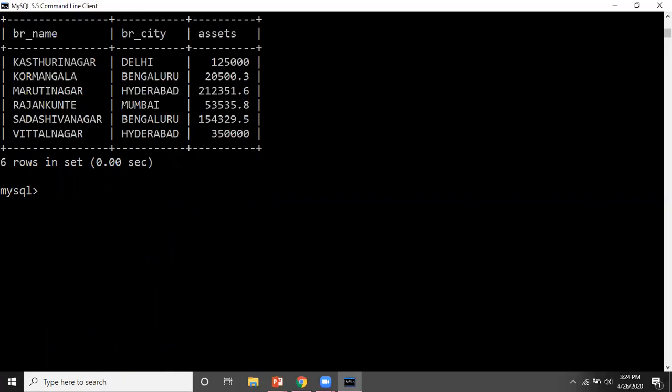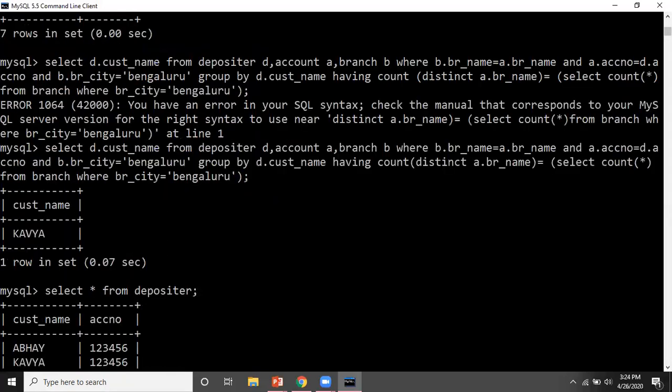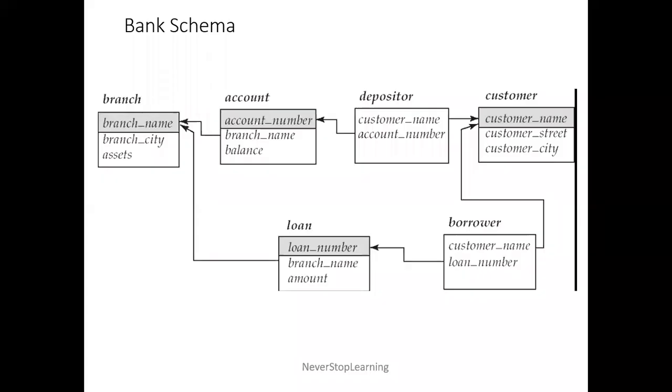So she is the person who is having account in all the branches of Bangalore city. Fine. So this is the query. Here I have done the mistake. After count, I have given the space. Okay. Now let's see the third query.